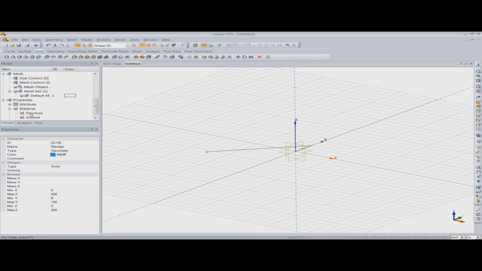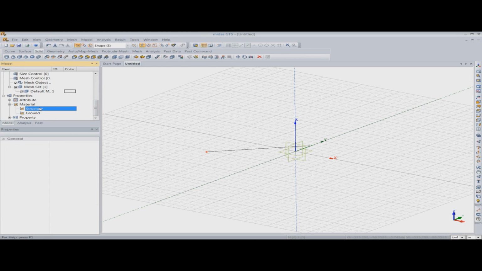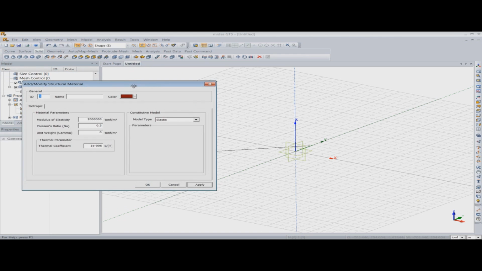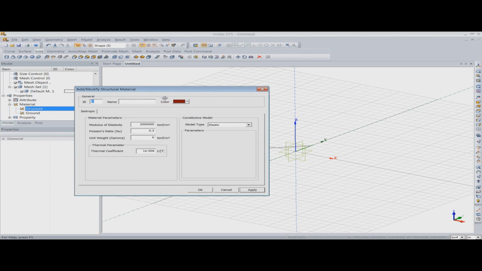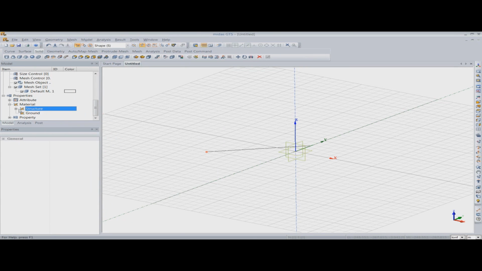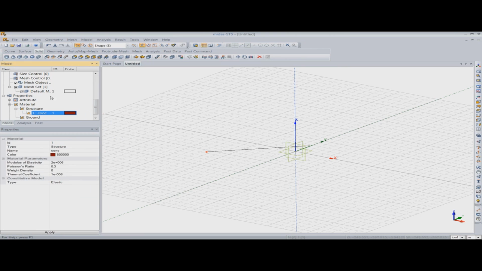Let's say I want to define a material. What type of material do I want to define? If I want to define a structure material or a ground material, I can just double click here and I can define a material. So once I click on add, the material definition dialog box will appear. I can give it a name. I can specify the properties, and once I click OK, you will see that one concrete material has been defined